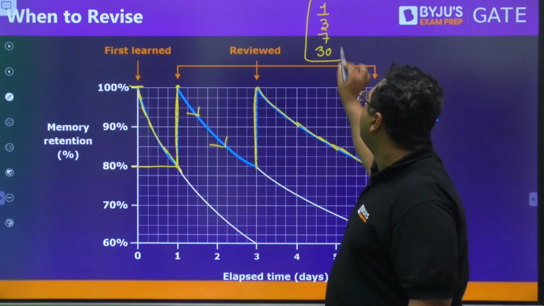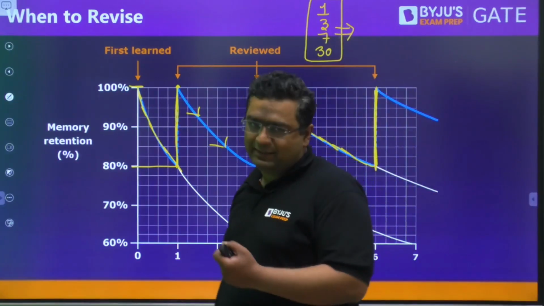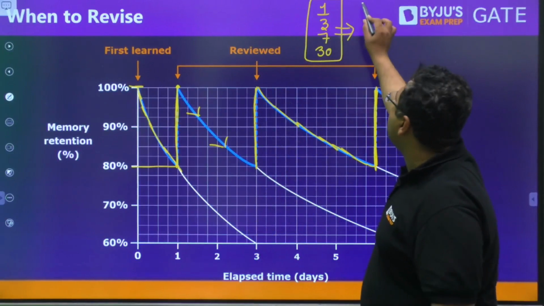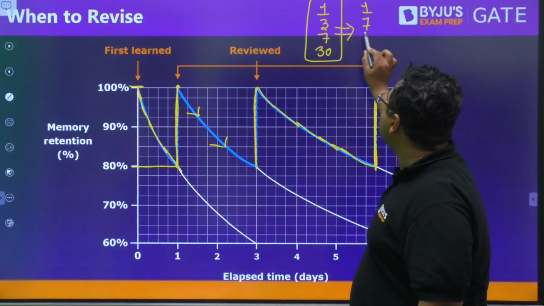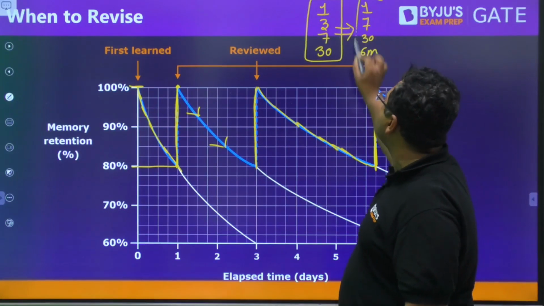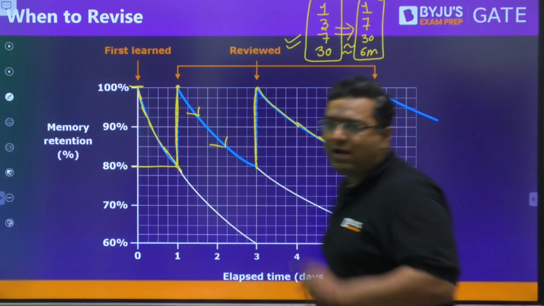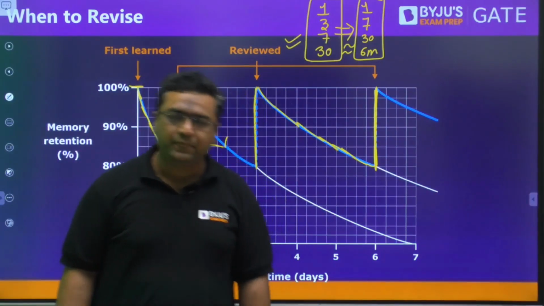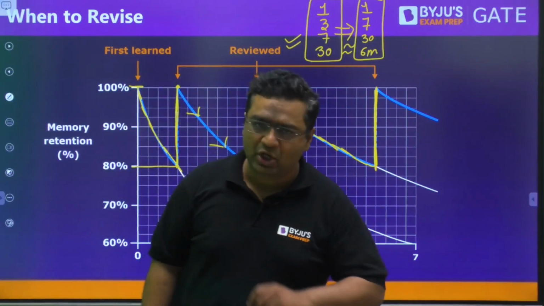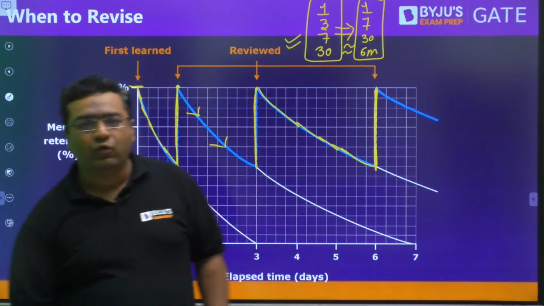That you must follow. Yes, if you want to slightly reduce that, which generally I suggest to students, you can skip this 3 days part. You can go for the first revision within 1 day, the second within 7 days, the third within a month, and the fourth within 6 months. This is what I generally suggest to students, and this is from the scientific side. That's not a problem. If you're going with the second one also, that's perfectly fine. You can retain it till your examination. So you must follow this, and then you will be able to retain it for a longer duration.